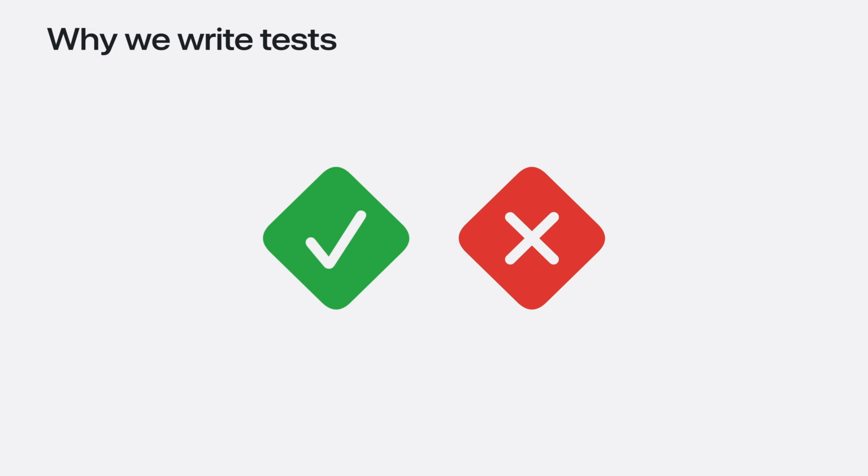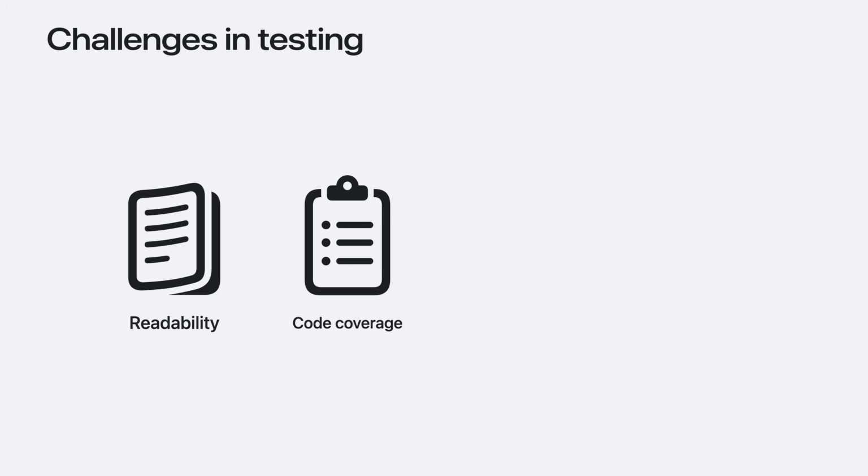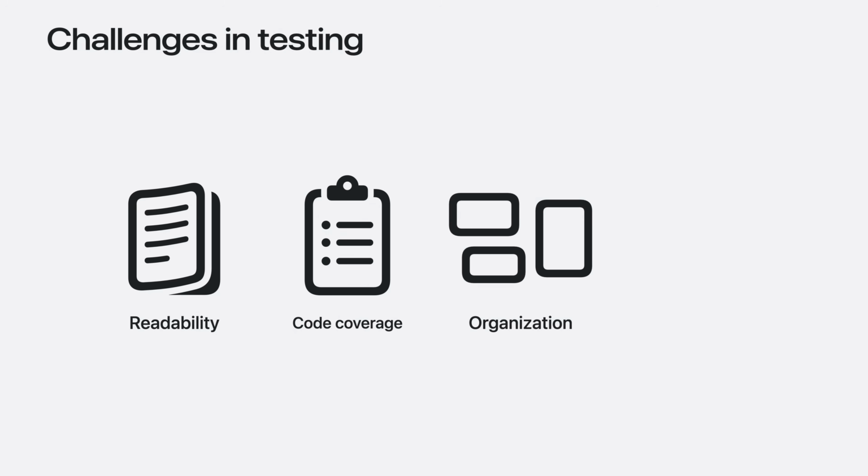Testing is a crucial step in the development process. It helps surface issues before your code reaches your users and gives you confidence that you're shipping a quality product. However, you may run into challenges as you maintain your project's ever growing collection of tests. Tests document and enforce the behavior of your code. The more complex your code gets, the more critical it is that your tests are easy to read and understand. It takes a lot of thought and effort to cover all possible edge cases in your code. Organizing and relating a large collection of tests can be a complex task, and hidden dependencies between your tests may make them fragile and prone to unexpected failures.